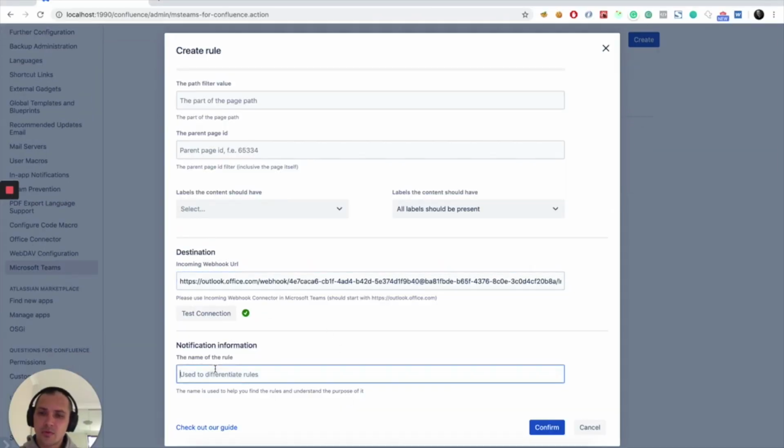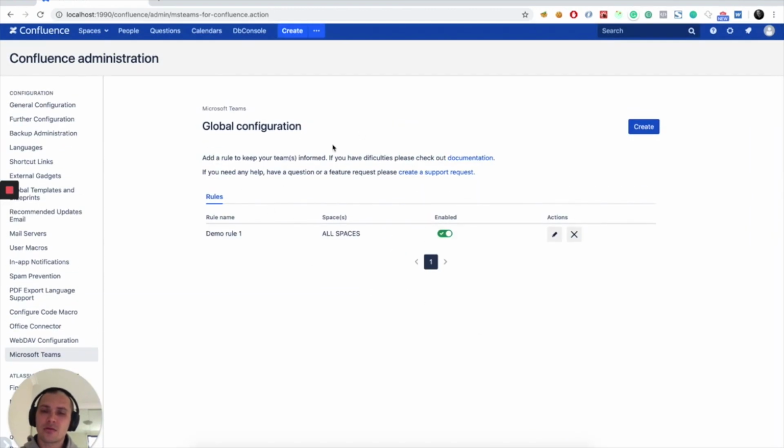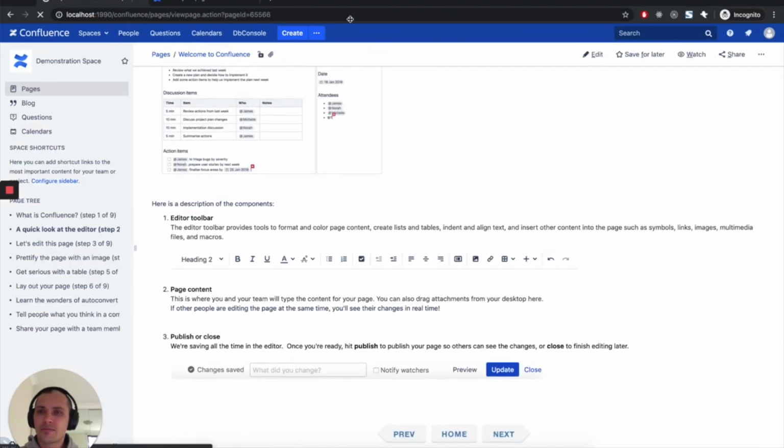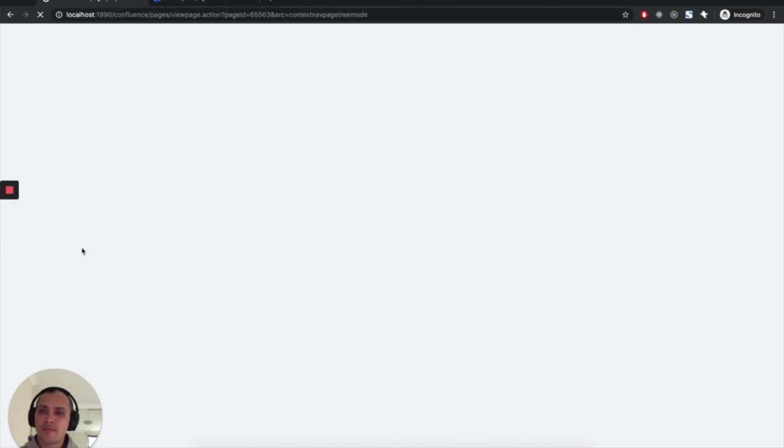As the next step, we name this rule. We can call it demo rule 1. So we are done. We have this rule. Now, as you remember, we did it on a user's behalf. We'll open Confluence as this user, pick a page,